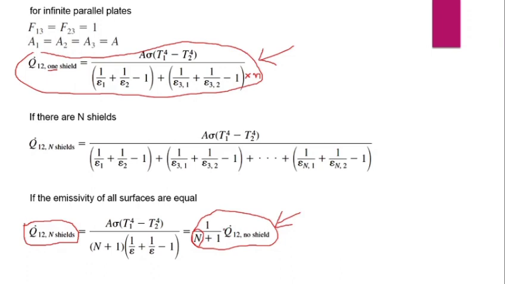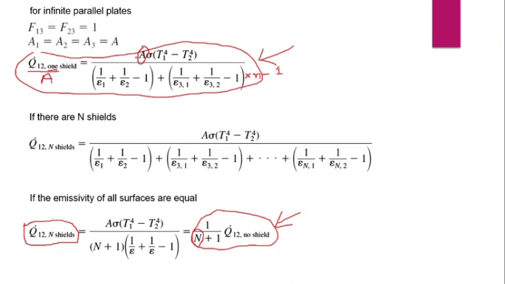So in our case, as asked in the question, emissivities are different for the radiation shield and for the surface. So we are going to use this formula. And how many shields do we have between 1 and 2? One. So this n will become 1, right? So this formula we are going to apply. T1 is already available, T2 is already available, sigma we know already. Surface area is very large and they are asking us Q divided by A, right? Heat transfer per unit area.